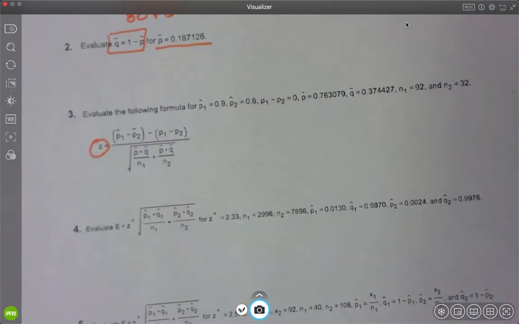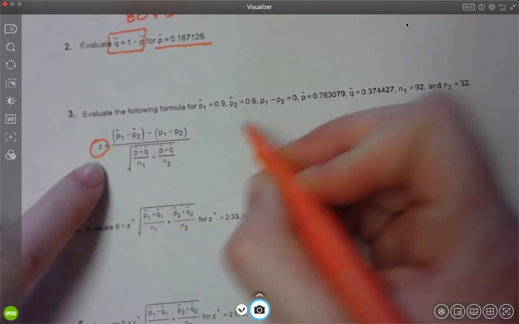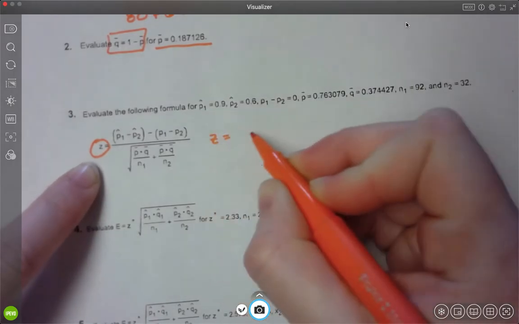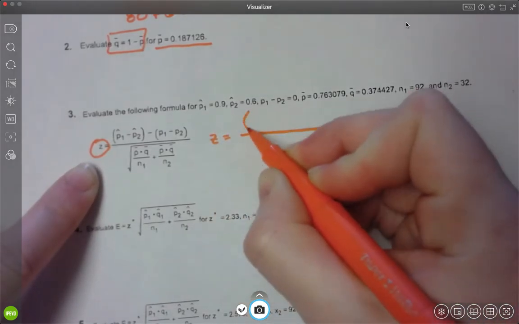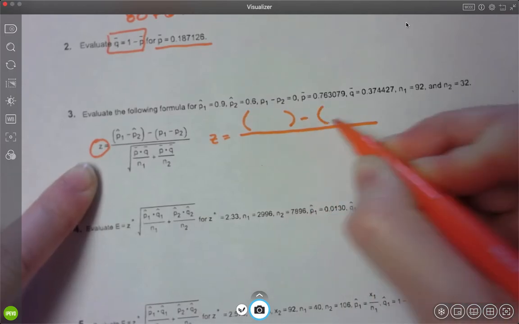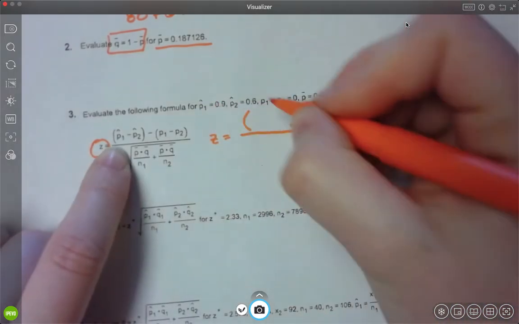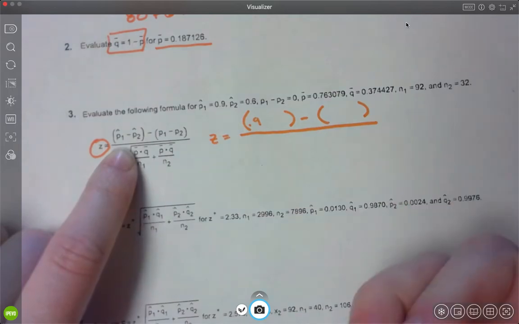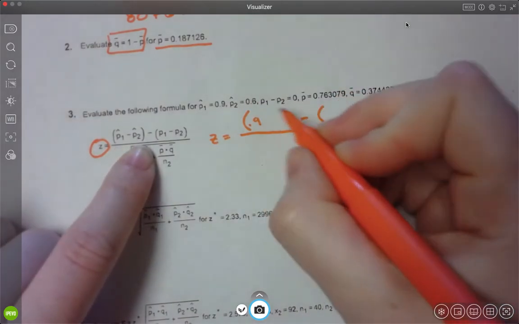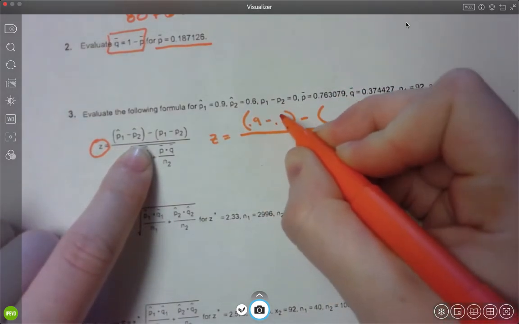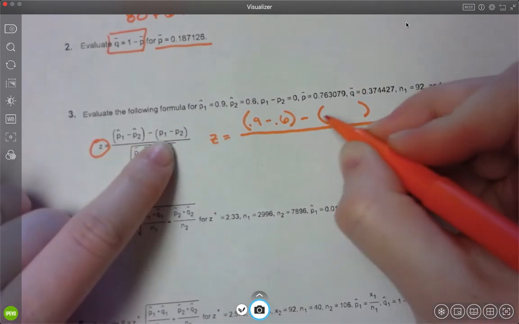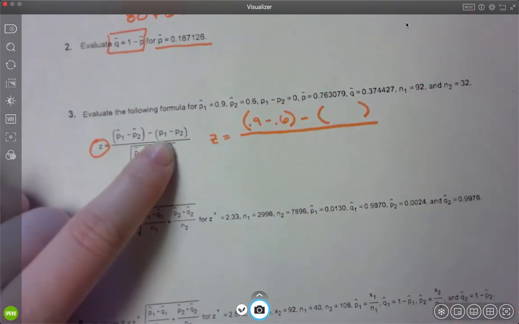Z, they want us to find, let's see, Z equals, I'm just going to write all this stuff in here, okay, minus, okay, so P hat 1 is 0.9, so I'm going to do 0.9, okay, P hat 2 is 0.6, okay, minus P1 is,